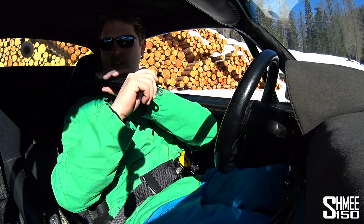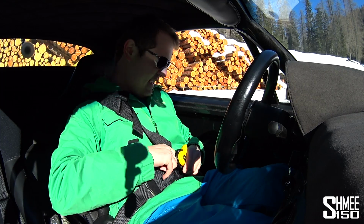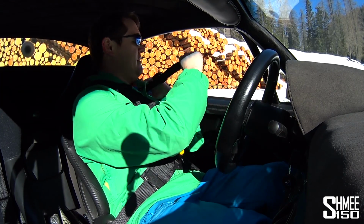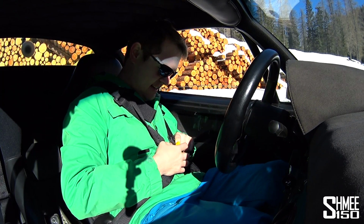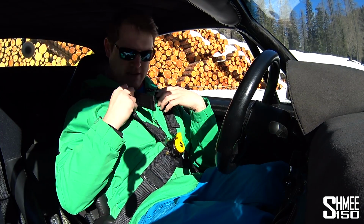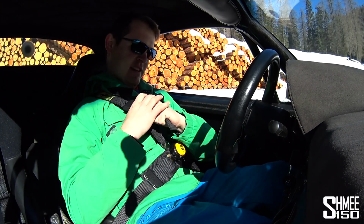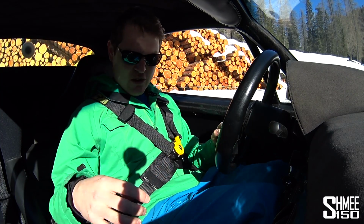I didn't do that very well, did I? Let's loosen these slightly, just so I can actually get them clicked in. And the other one, harnesses, always the most awkward thing to do. There we go. Click. Come on, click. Okay, I'm in. I'm harnessed in to the F50. Completely messed this up. It's almost like this nervous anticipation to not get anything wrong, and then I go ahead